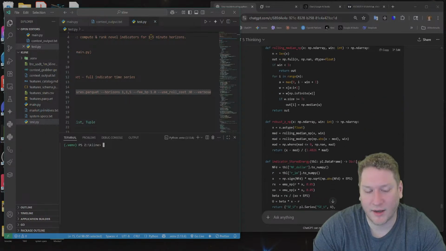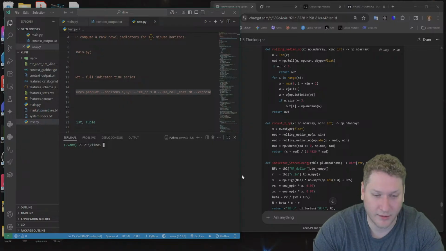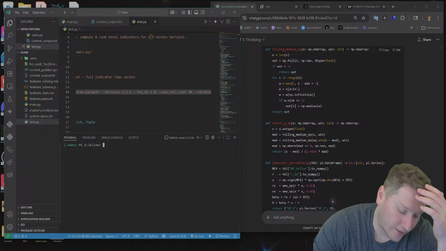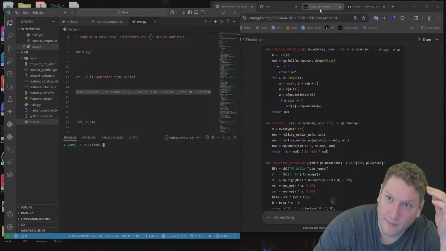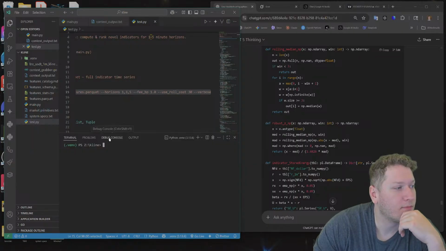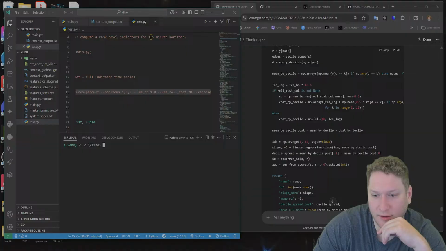But we will see how these indicators did. We'll show ChatGPT the data, iterate, make it better, keep working it until we find an indicator that works really, really well. So that's what we're gonna do here. Utilities.